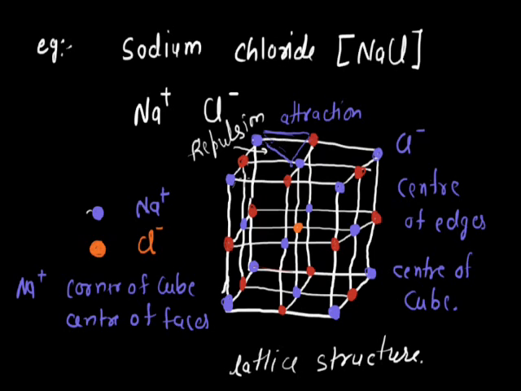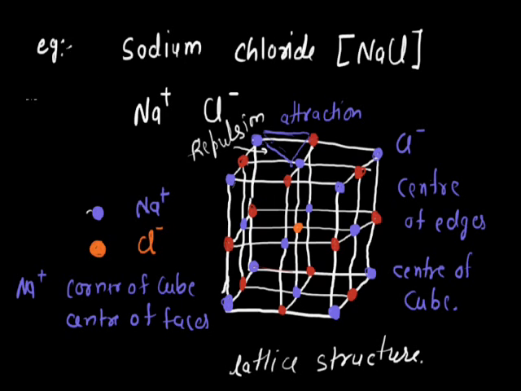So we can say that positive ions and negative ions, means cations and anions, arrange their order in that way by which they feel minimum force of repulsion and maximum force of attraction. And when the attraction force is greater than the repulsion force, then we can say that this is stable.